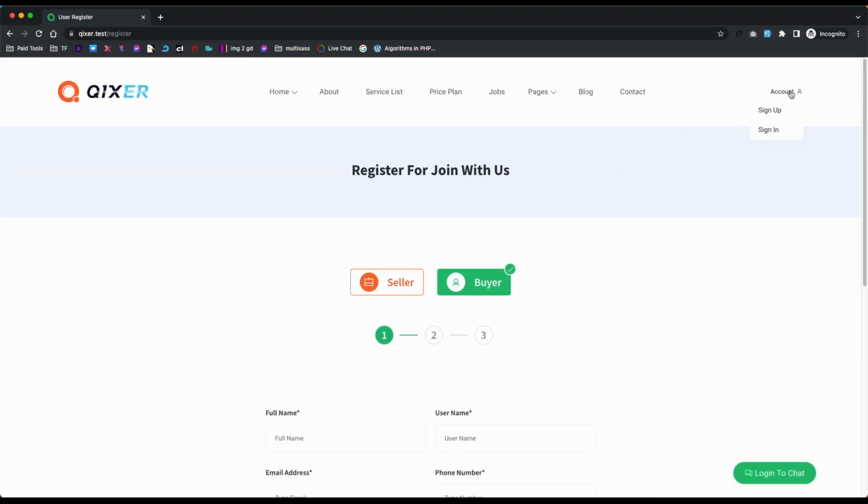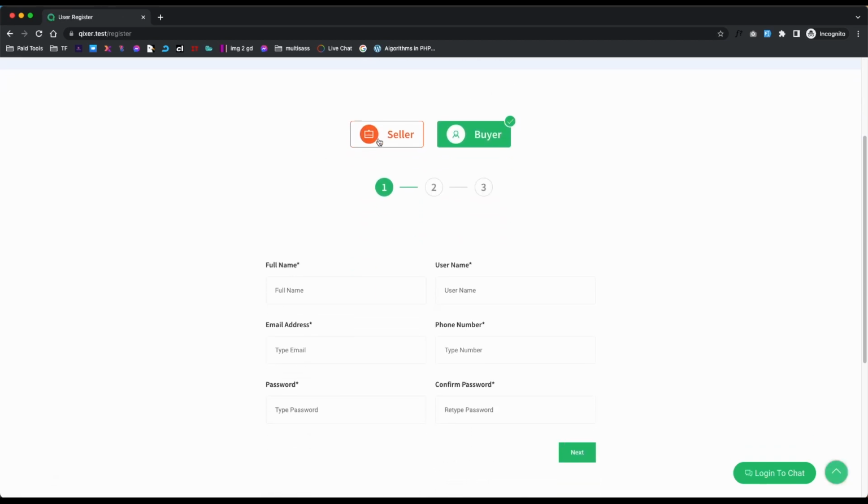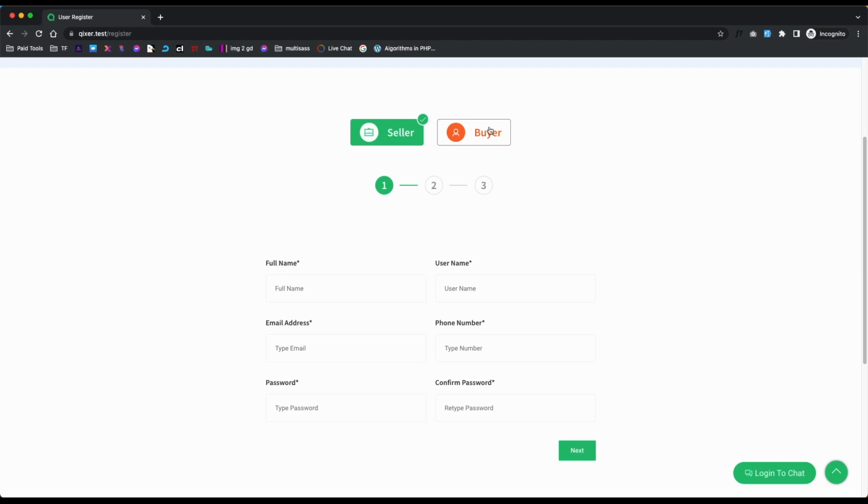Here it is. When you hover over account, then click on sign up page. Now you can see there is an option available to register as a seller or buyer. So suppose you want to disable seller login here, so you want only buyers to be able to register from this page. For that, go to